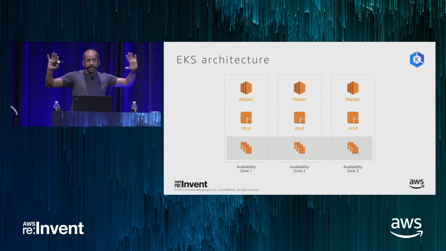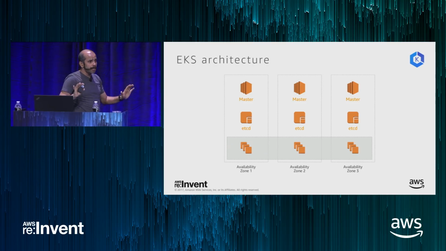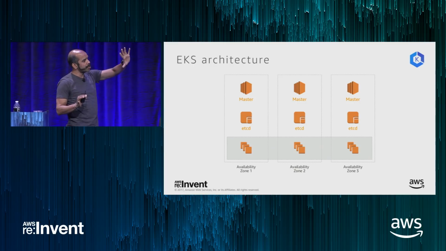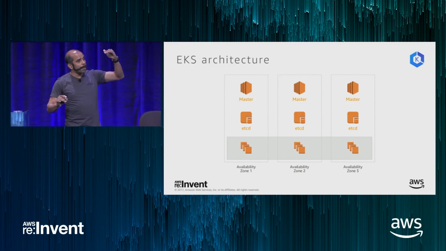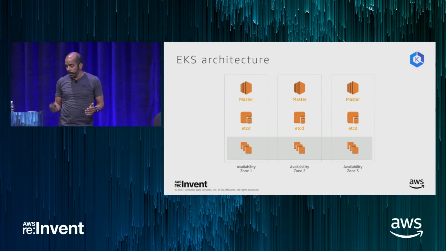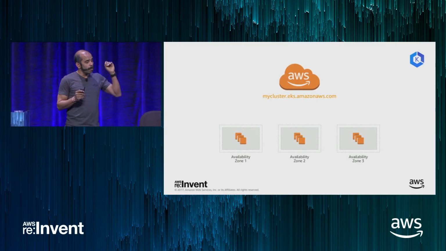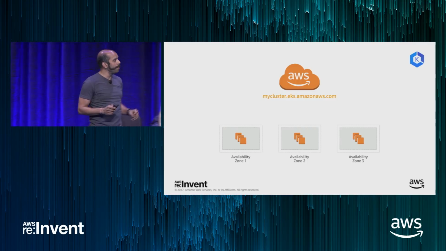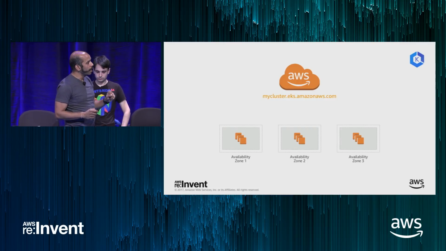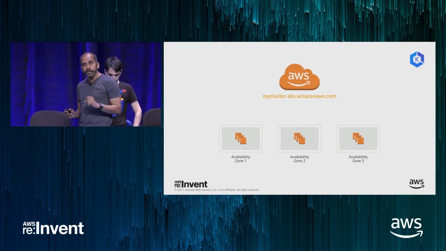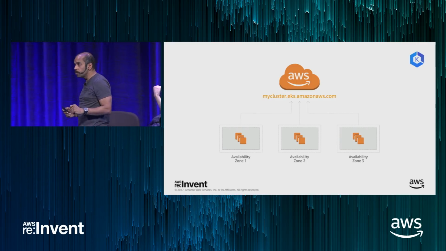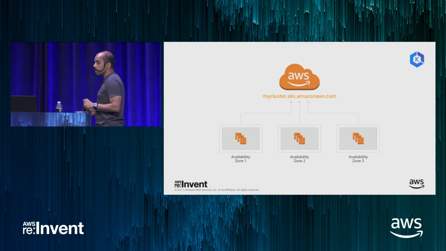But typically, if you think about it, when you create your Kubernetes architecture, you're looking at master, etcd, and worker nodes. This is all spread out. On the top and on the bottom, everything is your responsibility. We simplify that. We give you an API server. We give you a URI that is a highly available URI for you. You bring your worker nodes, you spread them across different availability zones, and you connect that to the API server